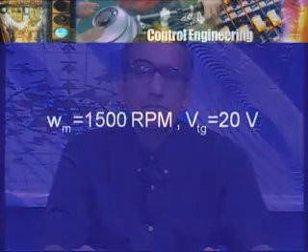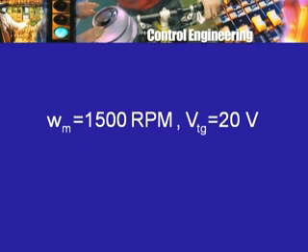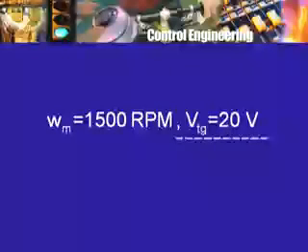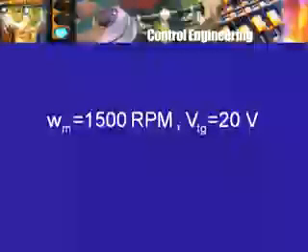Now this is where some misconception can arise, so we have to look at it a little carefully. There is the desired speed omega m, 1500 rpm in our running example, which is measured by the tacho generator voltage output, which remains at 20 volts. So if the tacho generator voltage is 20 volts, unless the tacho generator is malfunctioning or its field has become weaker or whatever, we can rest assured that the speed will be 1500 rpm. So if the tacho generator voltage or if the speed 1500 has not changed,